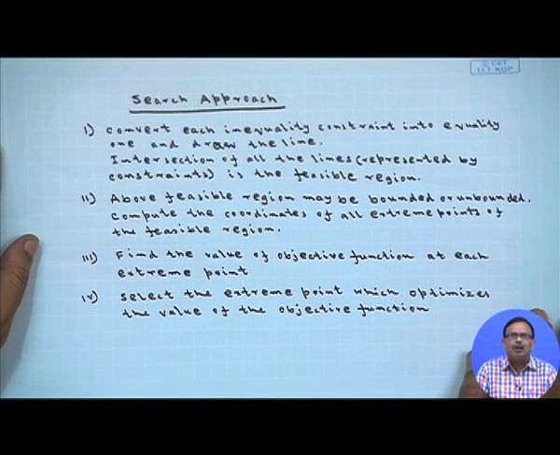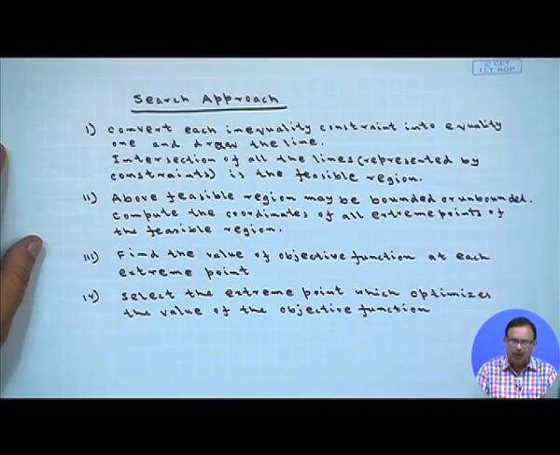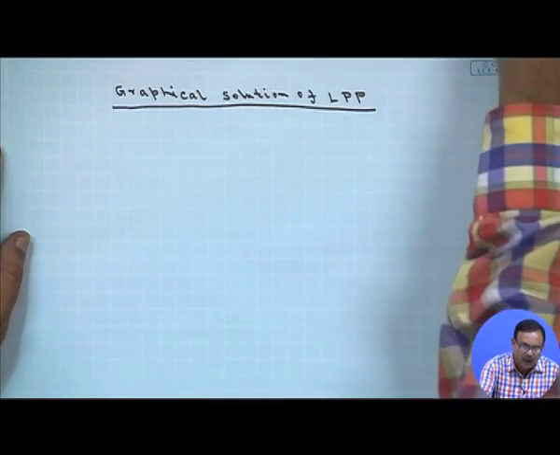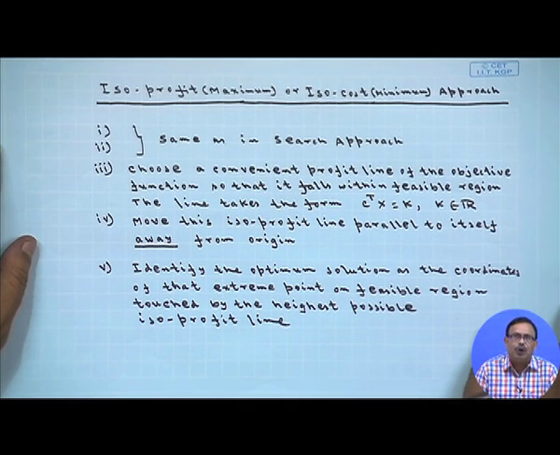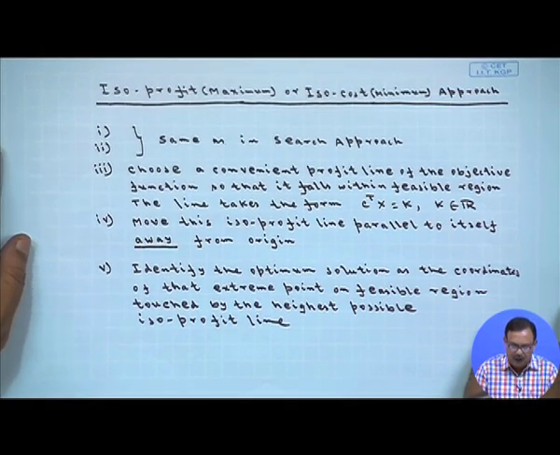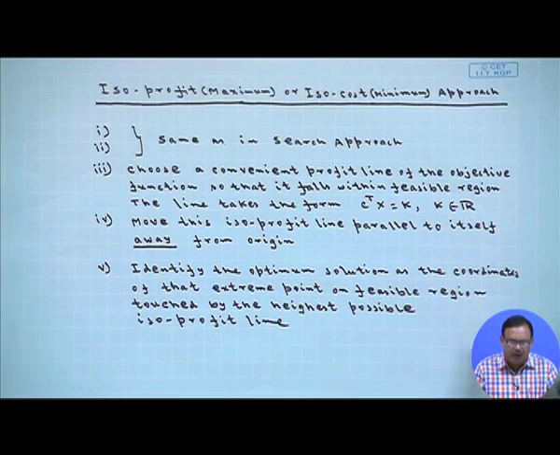Intersection of all these lines will give you the feasible region. From the feasible region, now compute two things. One is the extreme points of the feasible region. Next, at each extreme point find the value of the objective function, and the extreme point which gives the optimum value of the objective function, that will be your required solution. So, this is the search approach, whereas the other one, that is ISO profit, which we call as maximum, or ISO cost, which we call as minimum,